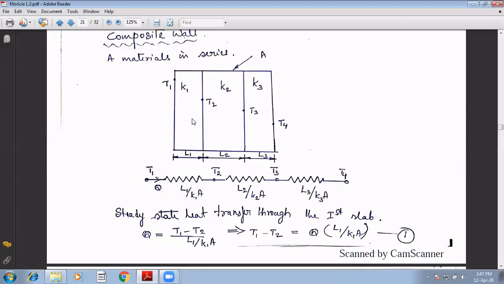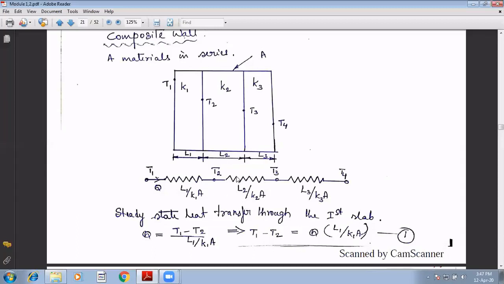Now this is nothing but conductive resistance. For heat to flow from this point to this point, these act as the barriers or resistances. Now what is the value? If this is of thickness L1, the resistances are L1 by Ka, L2 by Ka and L3 by Ka. So these are called